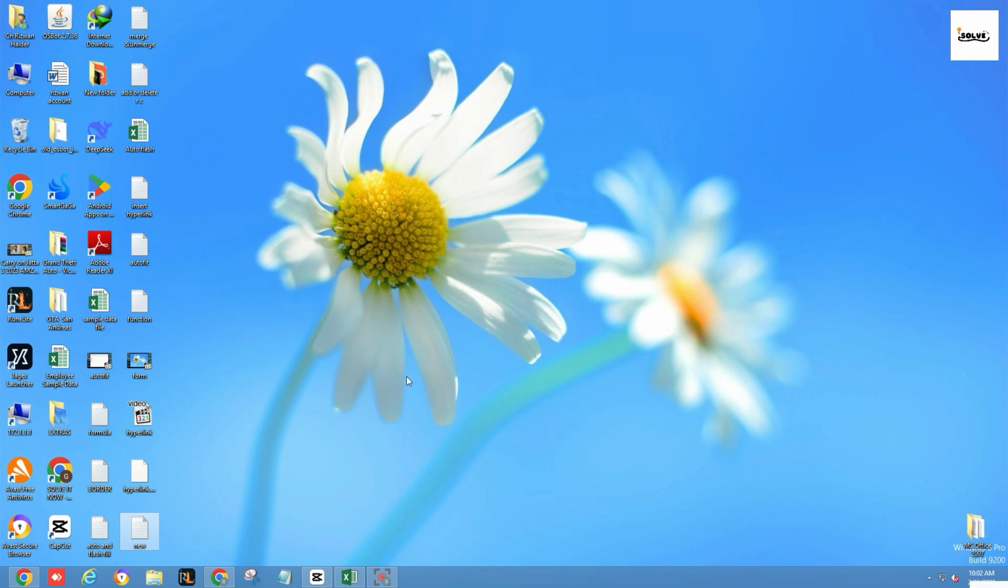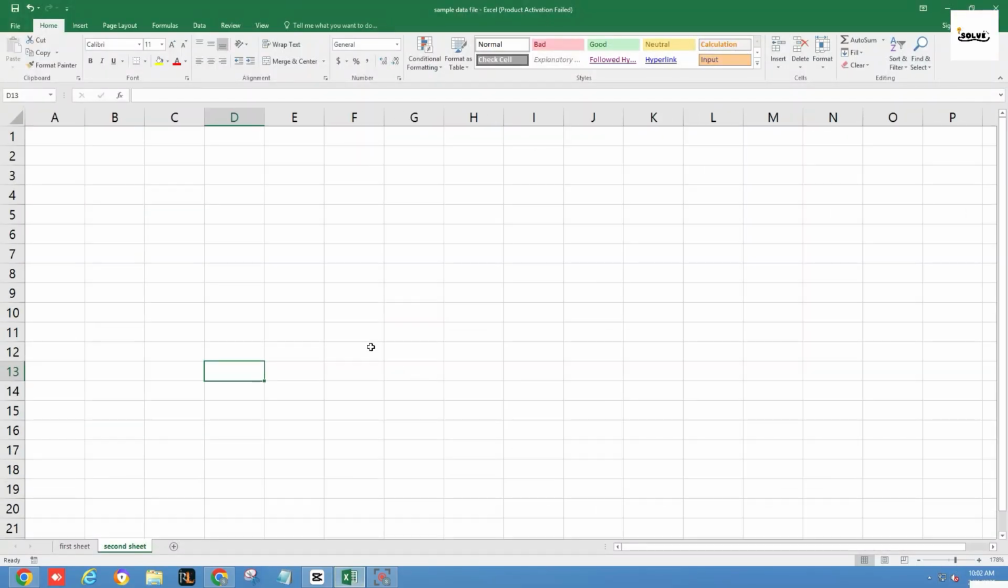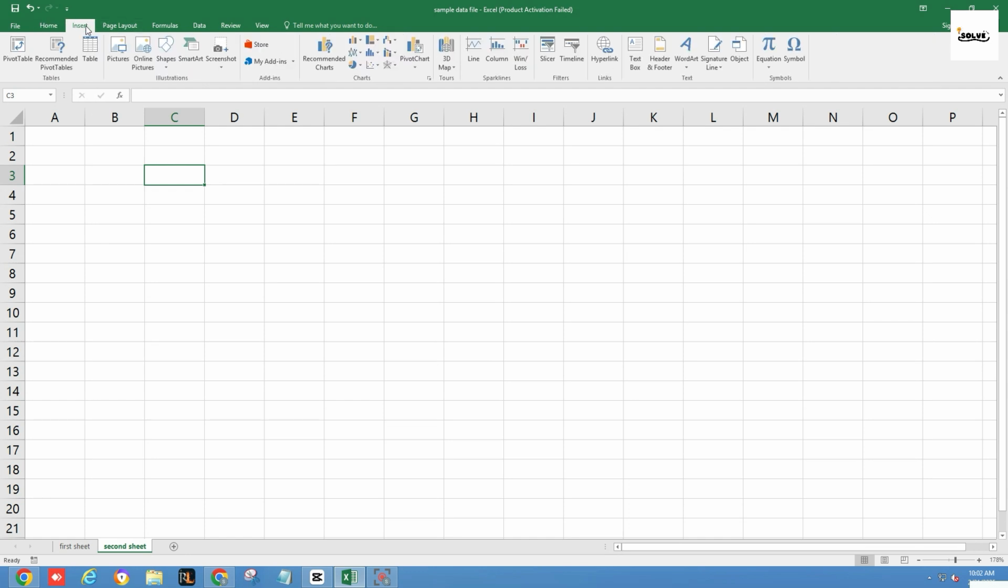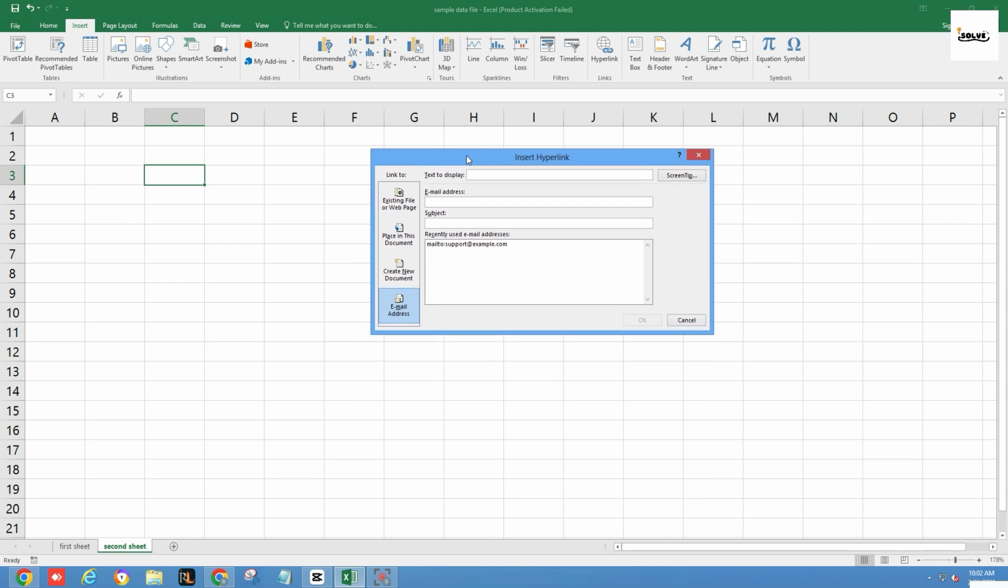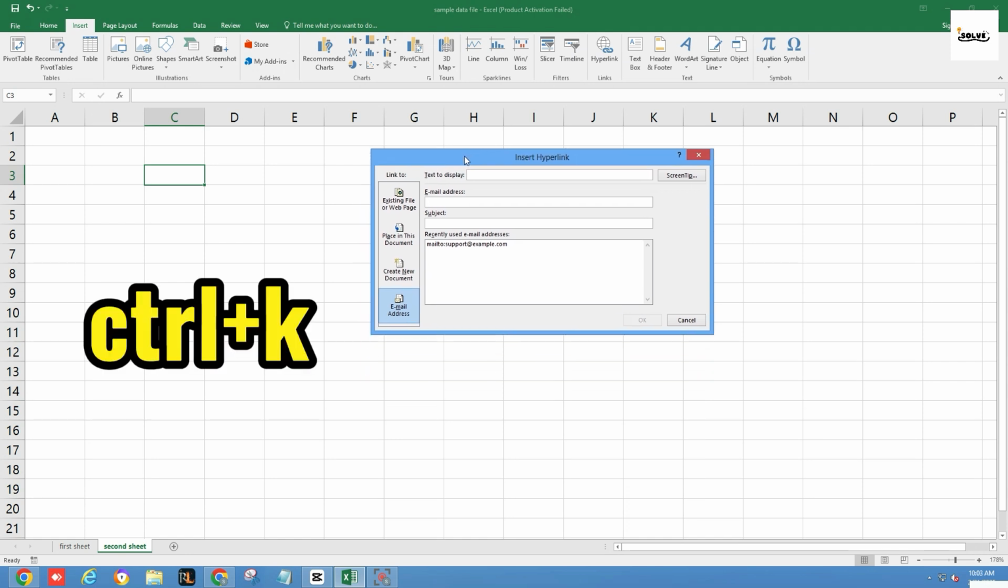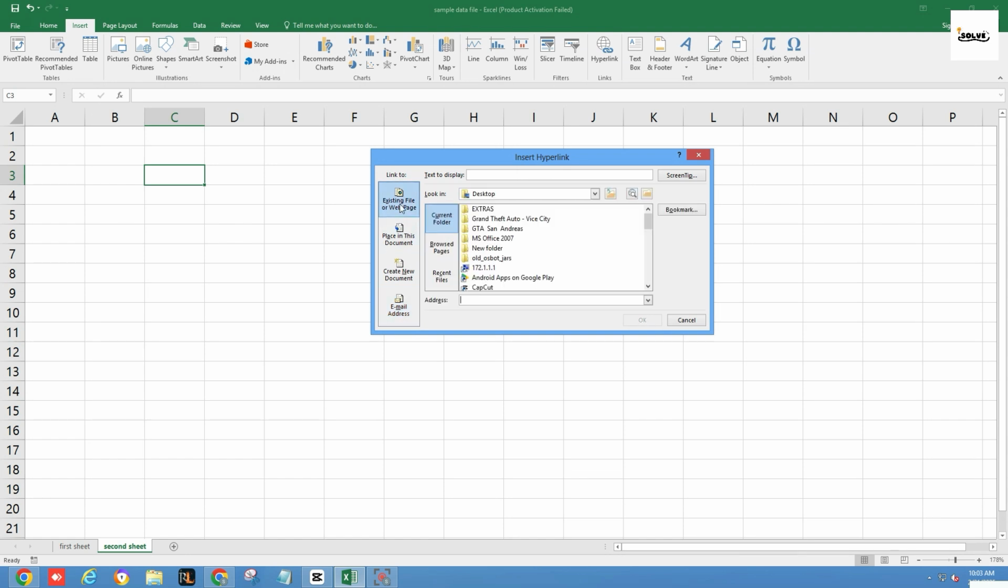So, if you want to add a hyperlink that opens a website, follow these steps. Open Microsoft Excel and click on the cell where you want to insert the hyperlink. Go to the Insert tab on the top menu. Click on Hyperlink. We can also use a shortcut key Ctrl plus K. A window will pop up on the left side. Select existing file